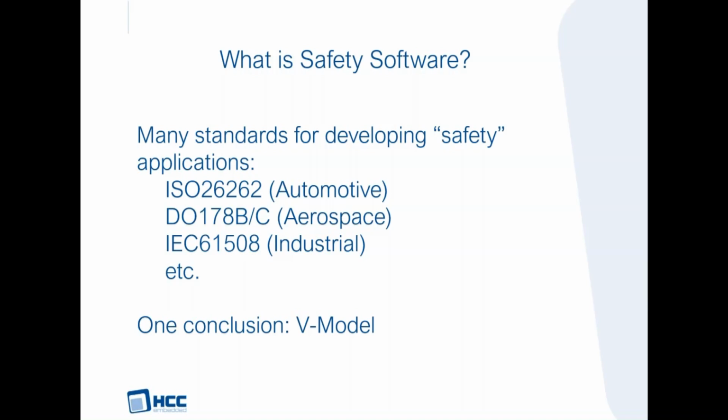In industrial safety, the aim was to make a system safe. So if anything goes wrong, you simply switch it off, make it in a safe state, shut the door, stop the drill. However, in a car, you can't just fire the airbags every time something goes wrong. That is just too radical a reaction. And in a plane, you can't just switch off everything. So you have to have different attitudes to safety based on the actual environment, the actual use case of your equipment. And this is why these standards have become verticalized. But in practice,